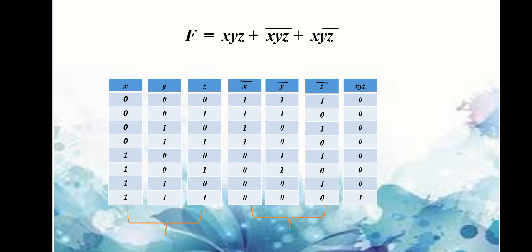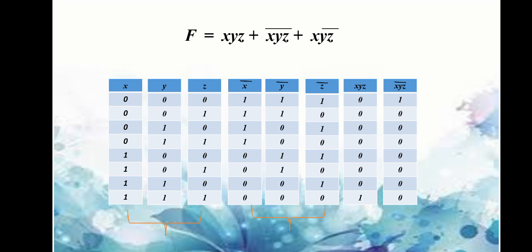Then coming towards the x NOT, y NOT and z NOT column. You can see in the x NOT, y NOT, z NOT column, the first row is 1 and the rest of the rows will be 0, because in AND gate, if all the inputs are 1, then it will give you 1, otherwise it will give you 0. Previously we were discussing two inputs, that's why we focused on two inputs that both are 1. If there are three inputs, then we have to see that these three inputs are 1, then it will give you 1, otherwise it will give you 0.